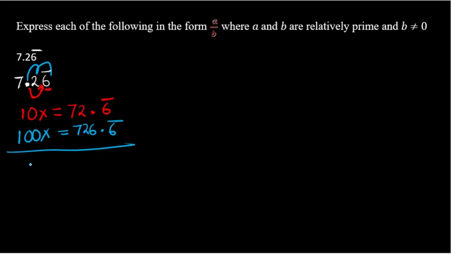You say 100 minus that. So if I say 100 minus 10, what answer will I get? I'll get 90x. Now the other one, we need to subtract, right? So we need to subtract 726 minus 72 in short. The answer that you will get is 654. If you check,